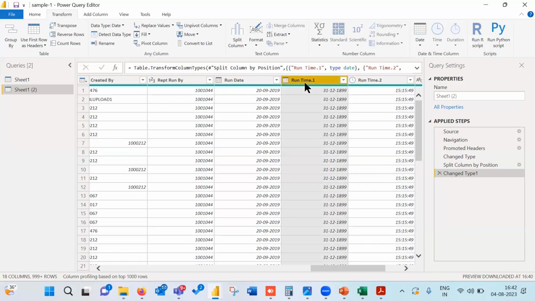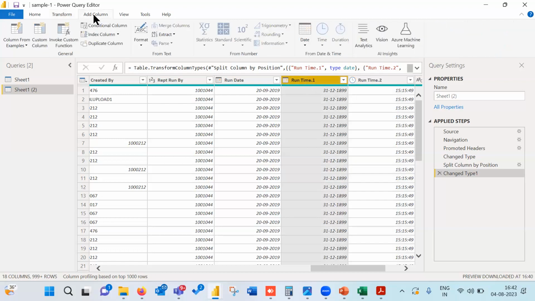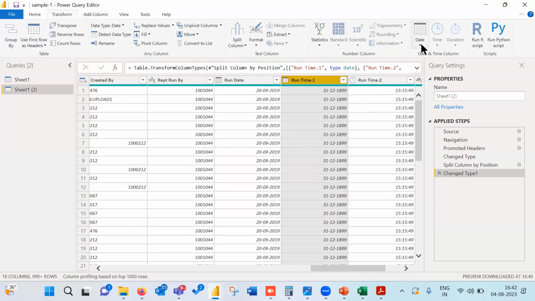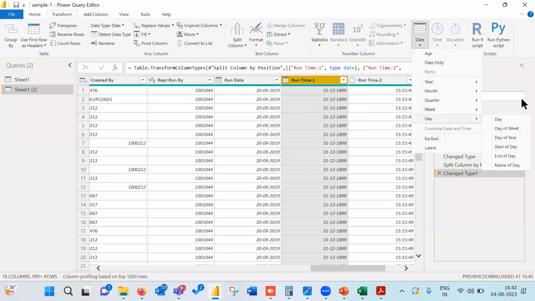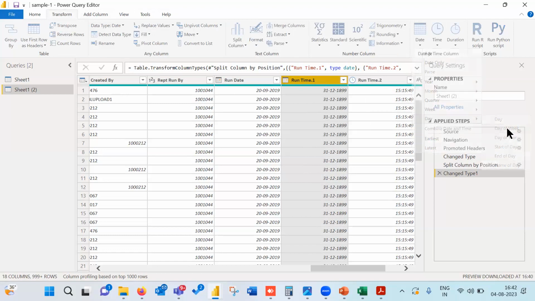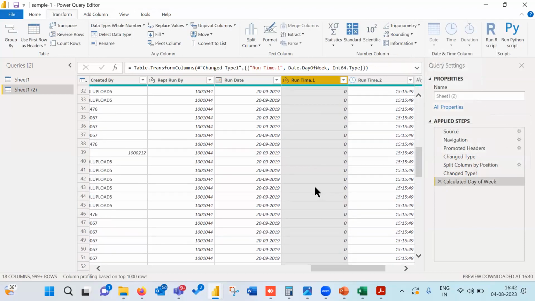But if I give the same function from the add column tab, okay, what will happen is whatever change I do will come to a new column. Now, let's say I don't want to keep the date. I want to make it the day of the week, Monday, Tuesday, Wednesday. If I do it from transform column date and I say day of week, it is automatically changing.